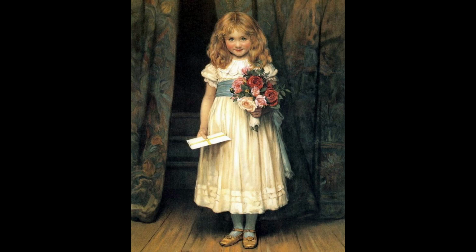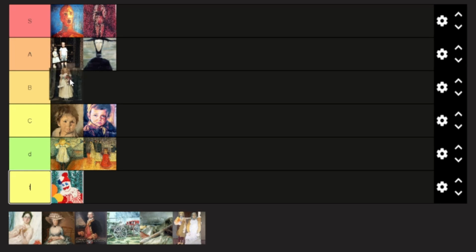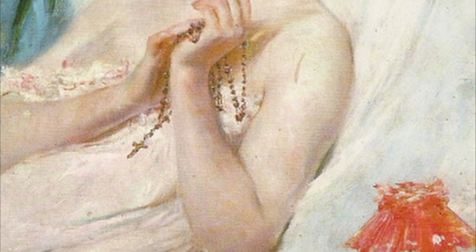The light's consistent and the anatomy is correct. The fabric of the dress is well rendered and the flowers look good. Not much else to say. I like the pattern on the curtain. B tier? Novia. Novia, also referred to as Portrait of a Lady, first title translated to English meaning My Girlfriend,